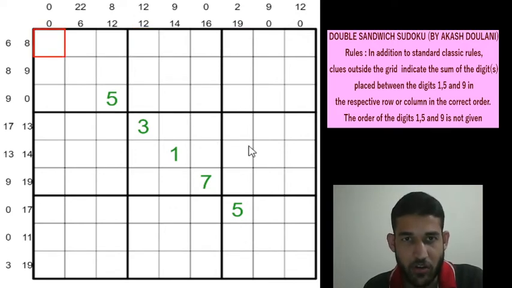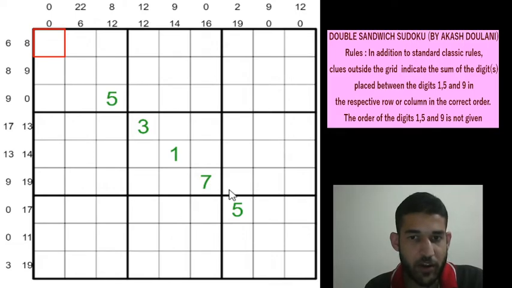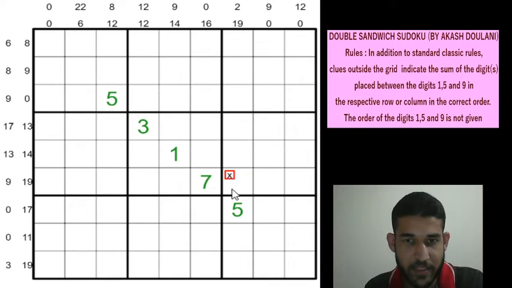So we'll solve this Sudoku. Now it makes sense in this Sudoku to eliminate the positions where 1, 5 or 9 are not going to come, as that is going to give us a lot of information. So I'll just mark the positions where 1, 5 or 9 are not going to come with an X. So this means that this cell is not going to contain a 1, 5 or a 9. Let's solve.